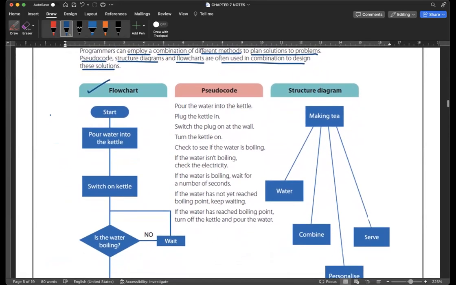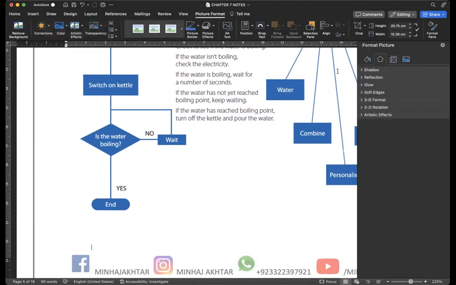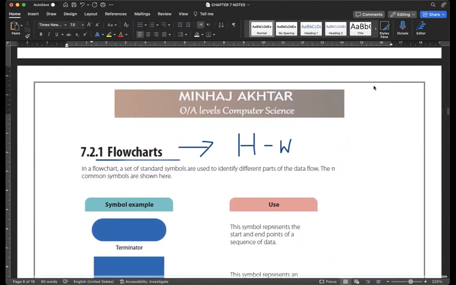So the first thing is a flowchart. Do you know what a flowchart is? It is like an order, a sequential order. Basically, a flowchart is a pictorial diagram. Yes, good wording. A flowchart is the pictorial representation of your program. Let me write down the definition just a second. Okay. So I'm going to write it down. Flowchart is the pictorial representation